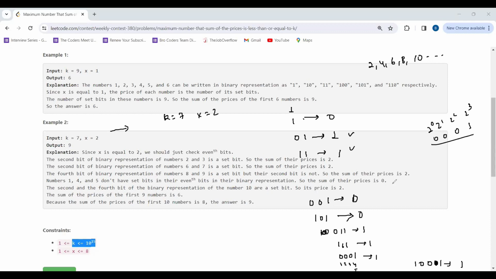Okay. So our price becomes total 1, 2, 3, 4, 5,